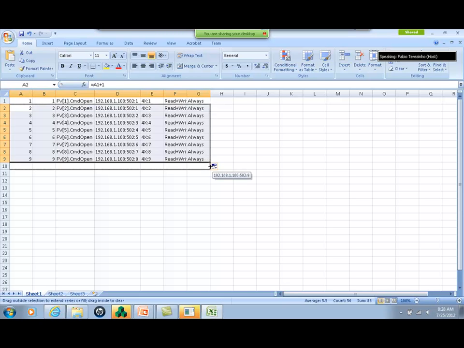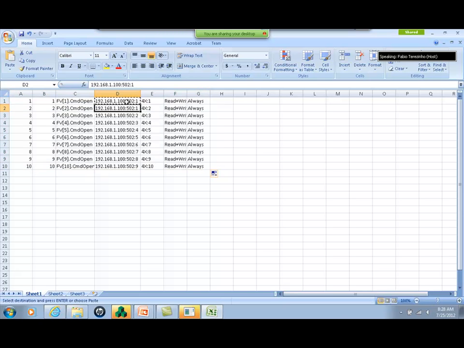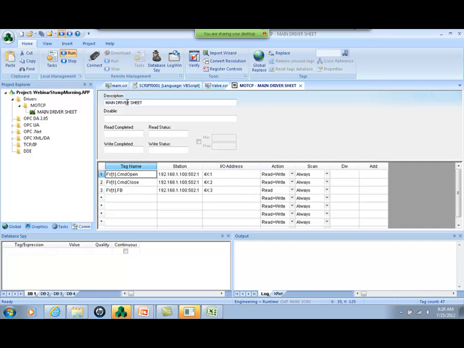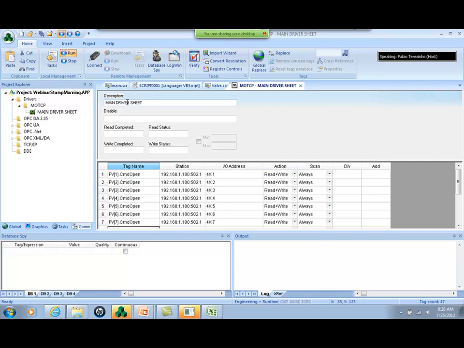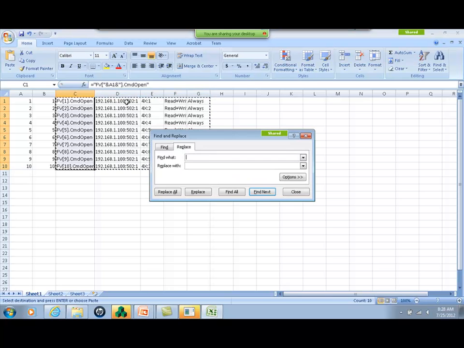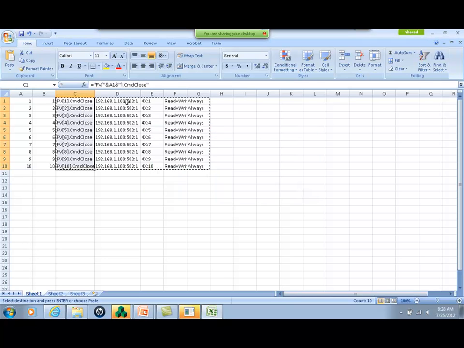One more to 10. Make sure the station is always the same. So now I have the addresses for all the command open. Copy here and just paste there. And for the close, I can very easily replace here open by close, replace all, copy